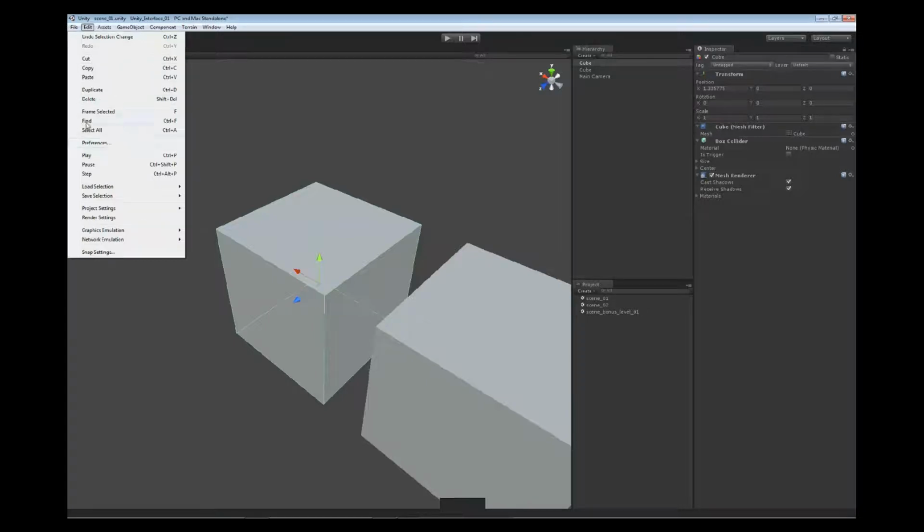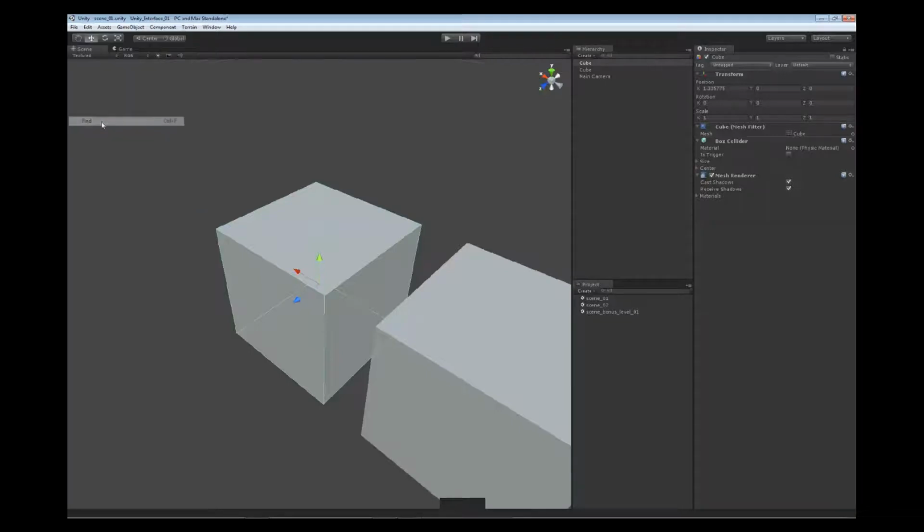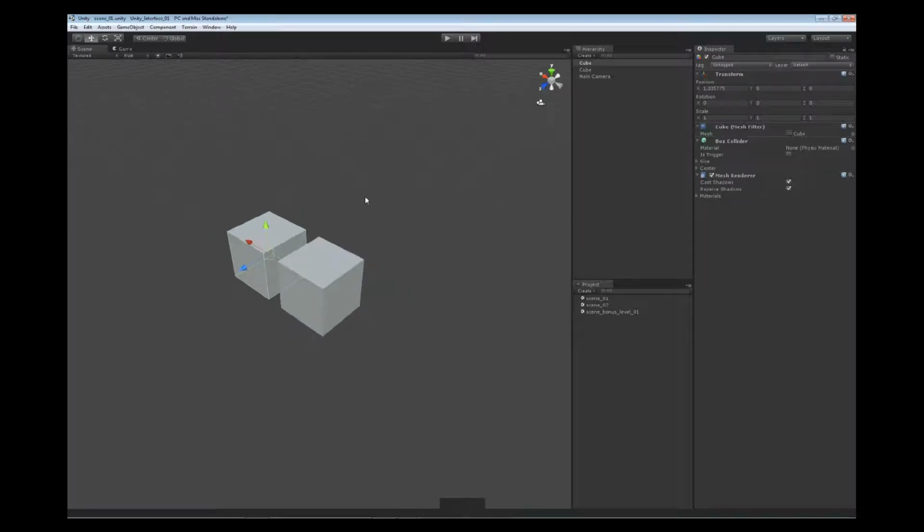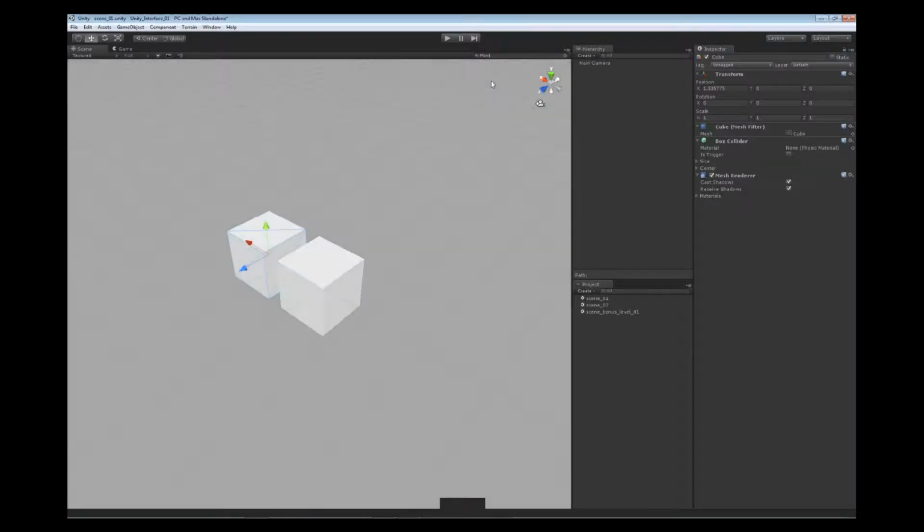And we also have a find option. So if we go up to here and we say find, you notice it takes us to our toolbar across the top of the scene view here, and it drops us right in here. This is a finding option. This allows us to find objects inside of the scene. And what it does is it blocks out the objects from view that aren't listed. So right now it's set to all, but if we go in here and we say, let's say, main camera,